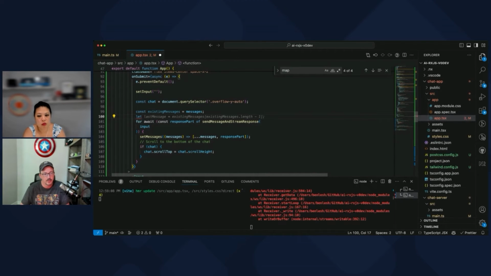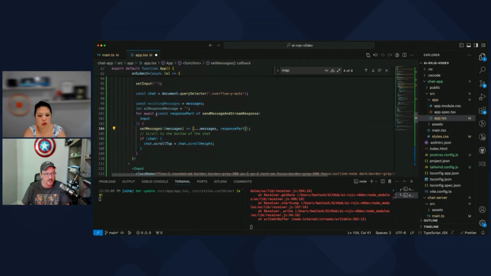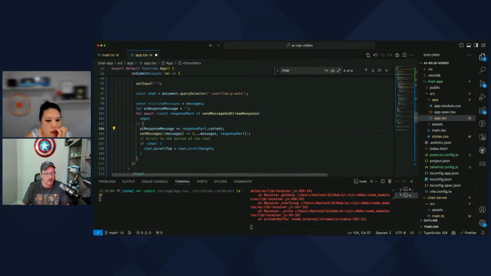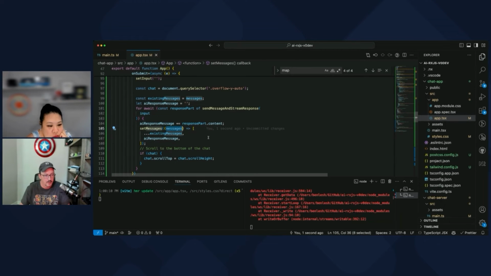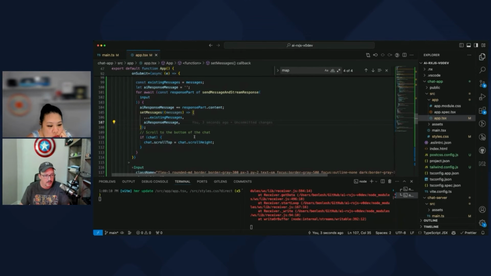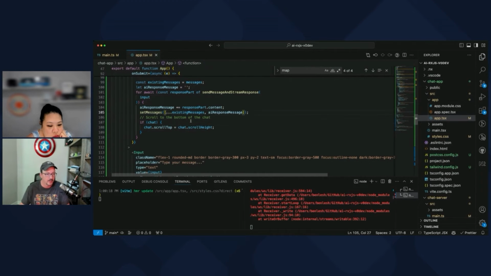Let AI response message is a string that's empty. And then for every single one of these parts, we're just going to take this response part, add it on, AI response message, existing messages. And probably don't need this bit because we're just going to keep appending on.